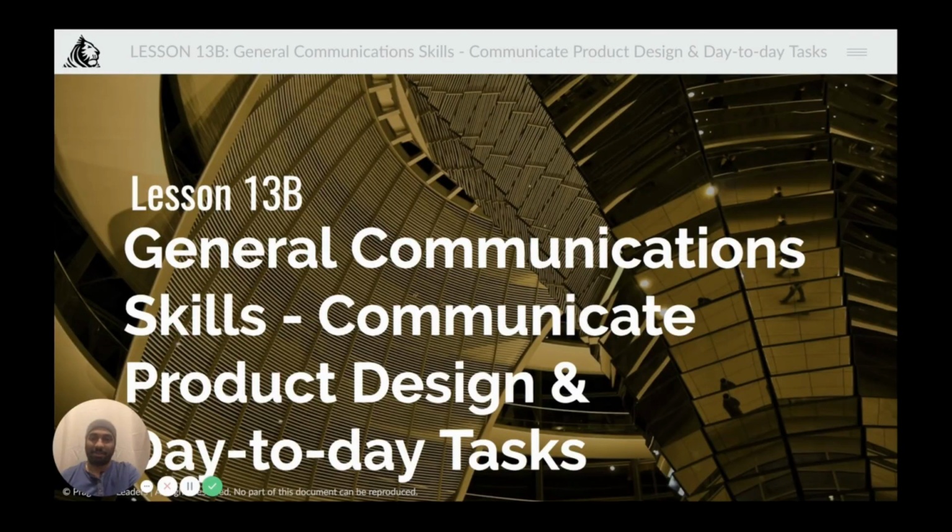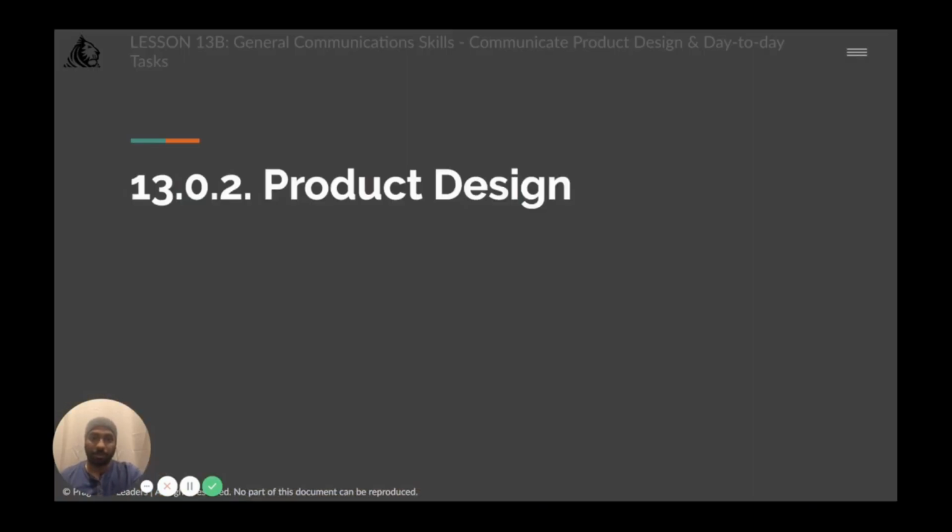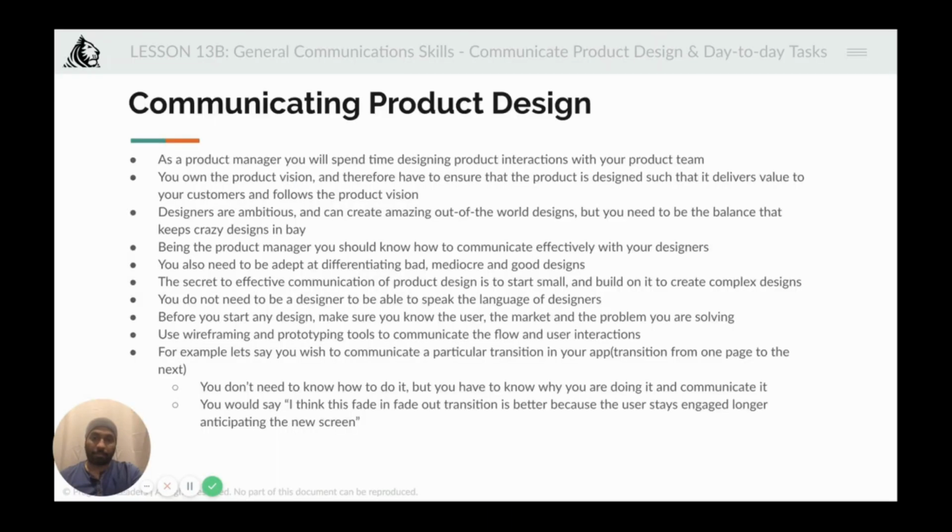Hi. So, continuing the general communication skills unit, let's understand communicate. How do you communicate product design and the day-to-day tasks to other stakeholders? Well,